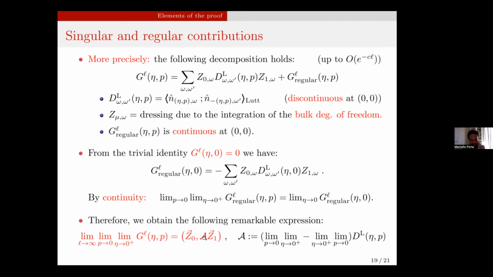So that's very nice, but still not sufficient to prove universality because you're still left with these parameters Z0 and Z1, which at this stage we don't really know what they are. They're given by complicated convergent series, but we cannot compute them explicitly, and we actually want to prove that this is an integer. Okay, so that's still far.